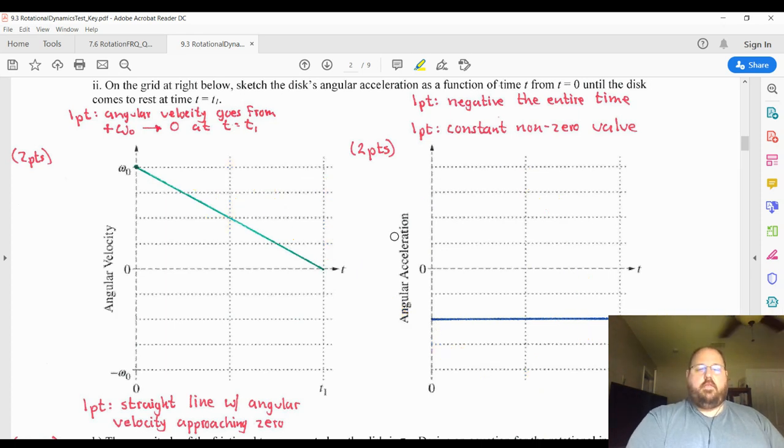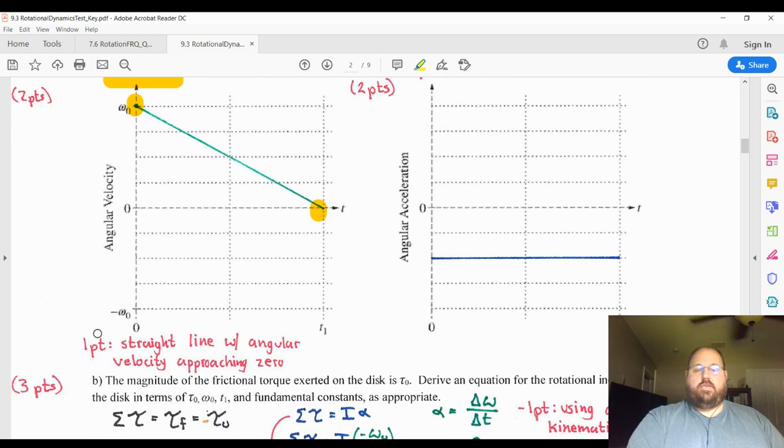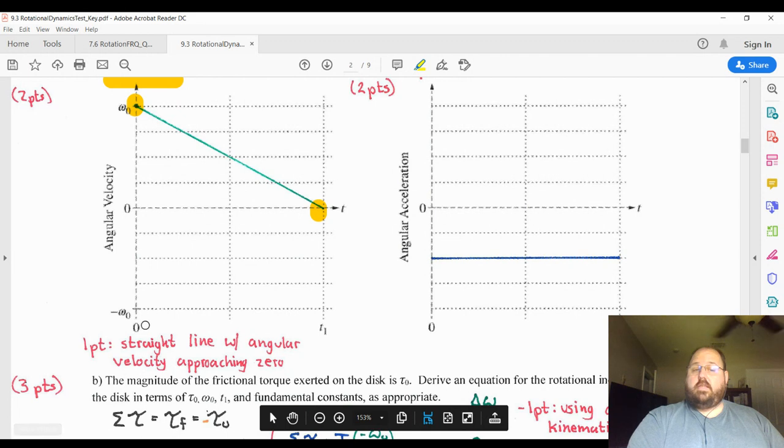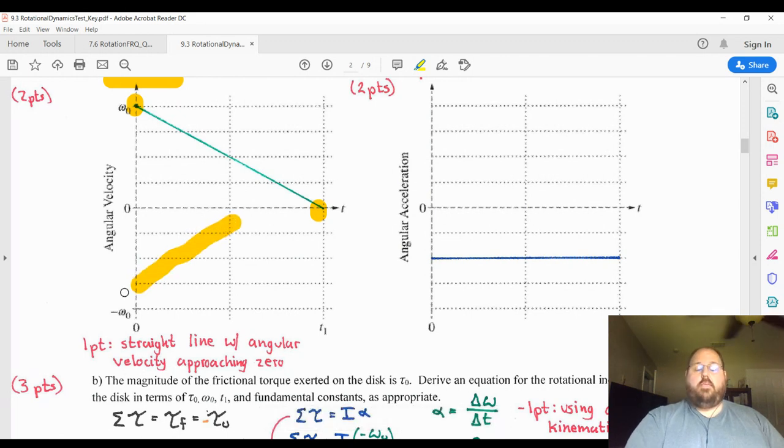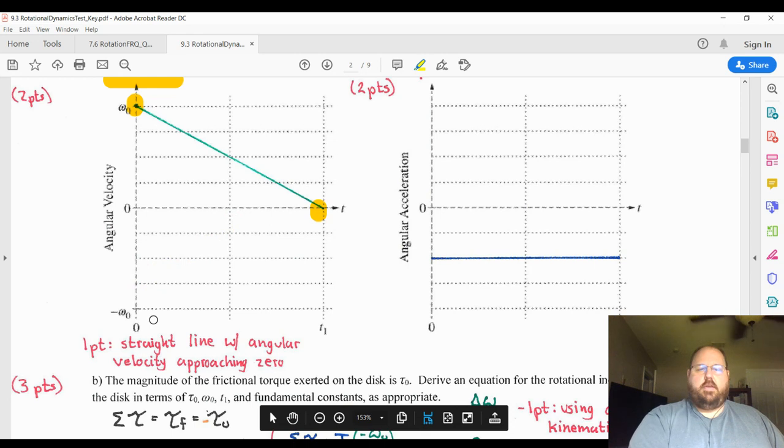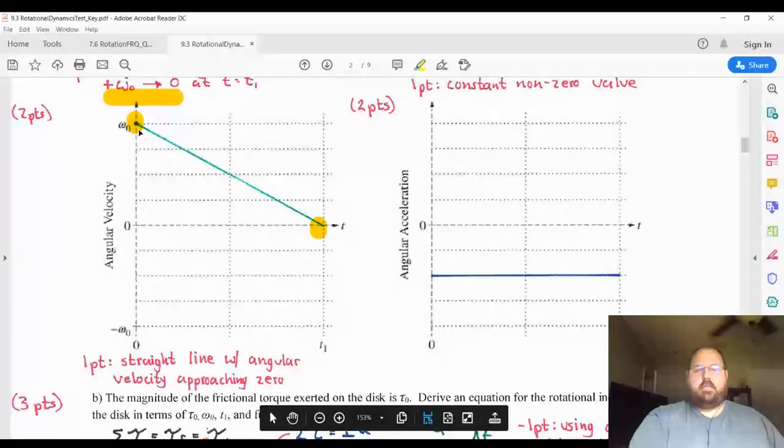So the scoring on this, if we have a velocity that starts at positive omega naught and goes to 0 at time t equals t1, so it's got to start here and it's got to end here. That gets you the first point. And then the second point is that you draw a straight line going towards 0. So if you drew something like this, that would be a straight line with the velocity approaching 0. So that would get you the second point, but not the first. If you do something like this,